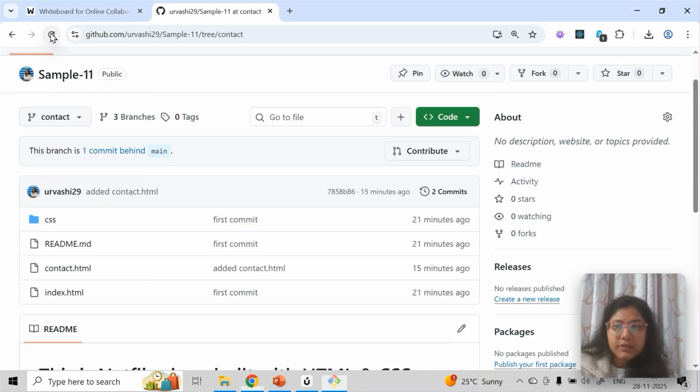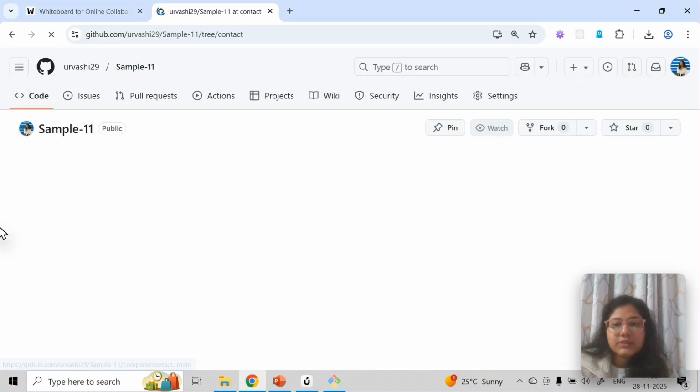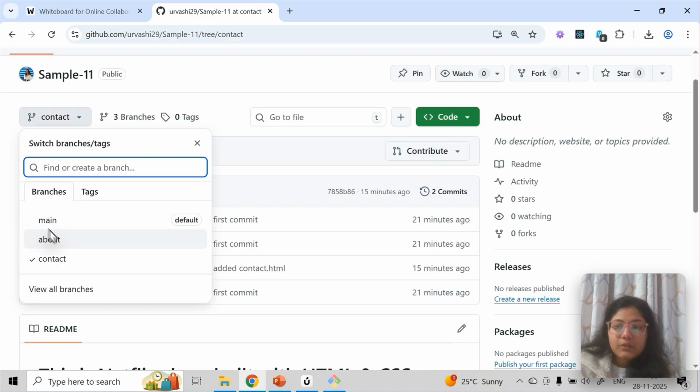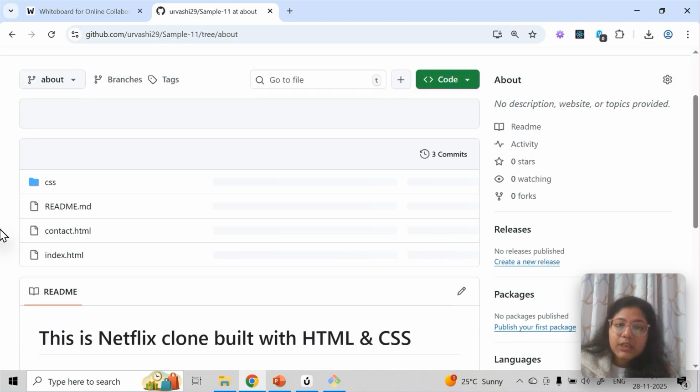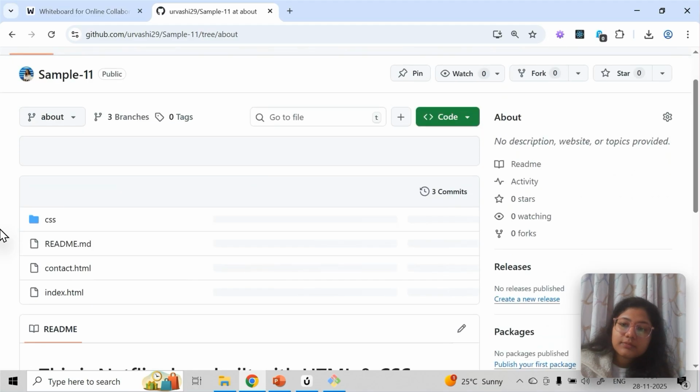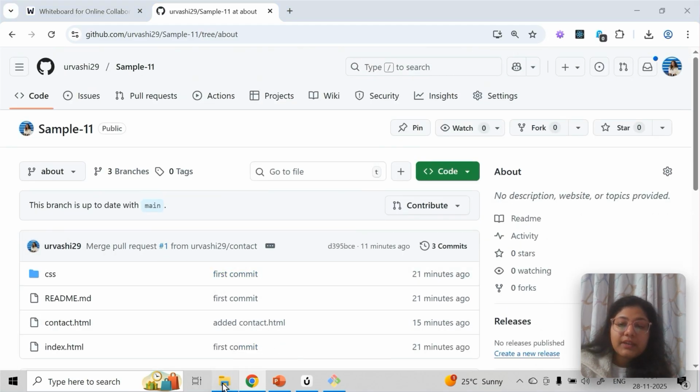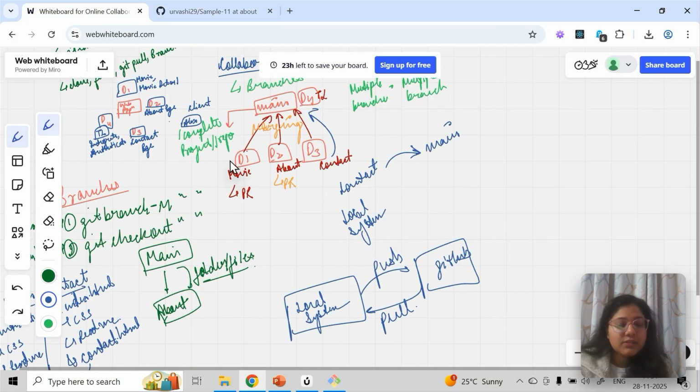Now if I refresh, you can see three branches are coming. If I click on about, you can see about will come. All three branches are there, so that is how it will work. Now if I make any change to about, I need to create a PR, a pull request. Then the team lead will come and see the pull request, check that there is no conflict, and merge it with main, and everyone will pull the latest code from main. Similarly, developer one works the same way.